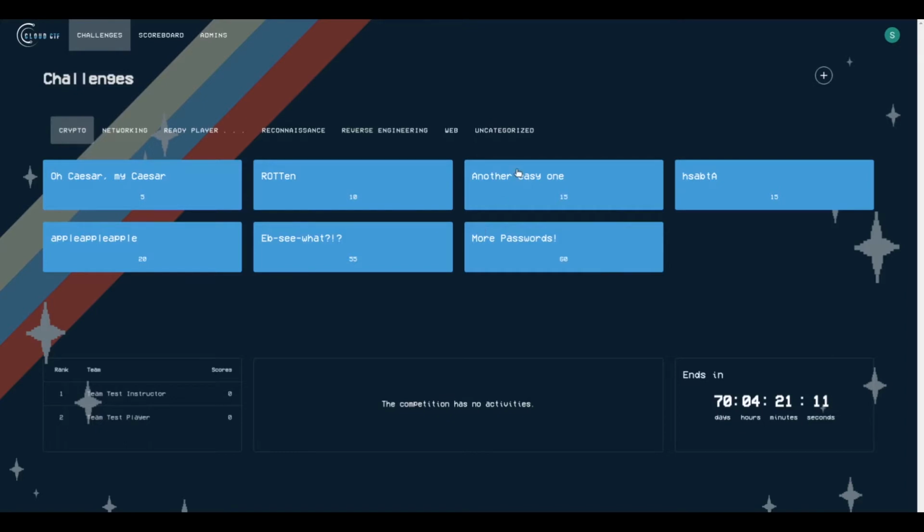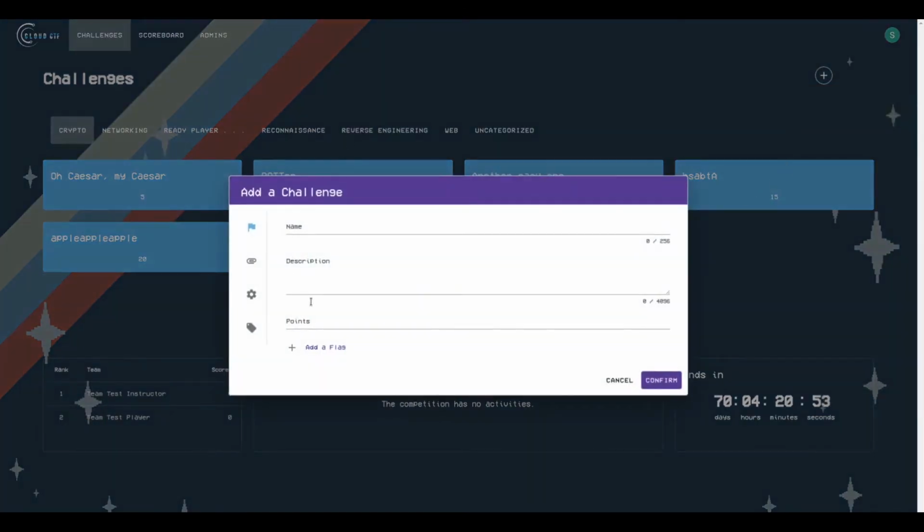So in order to create a challenge for the first time, you're usually going to want to use this plus button. You have the option to either add a challenge from your challenge library or to add a challenge from scratch. In this case, if you wanted to create a new one, you would click on Add a Challenge from Scratch. When you do that, you have this form with a whole lot of fields, but I've already created a challenge that we can use as a sample, so let's open that one and I'll show you all the different fields that you can change for these challenges.